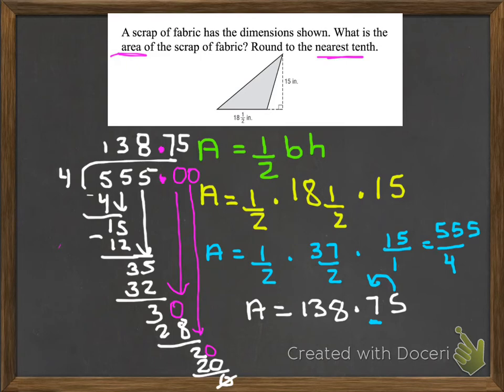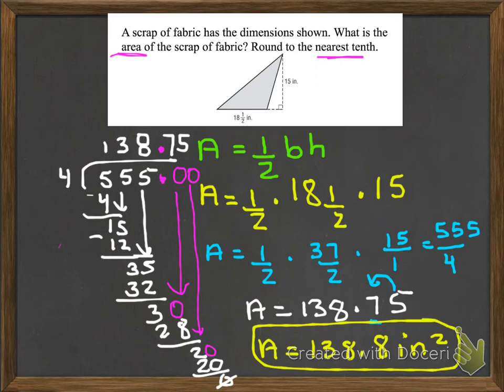This is 5 or more, so you want to raise the score, meaning you want to raise that 7 to an 8. So now your final answer here is going to be area equals 138.8 inches squared. So this is what I mean when I was talking about making sure to pay attention to precision, because there were a lot of places you could make errors right here, and I want to make sure that you don't